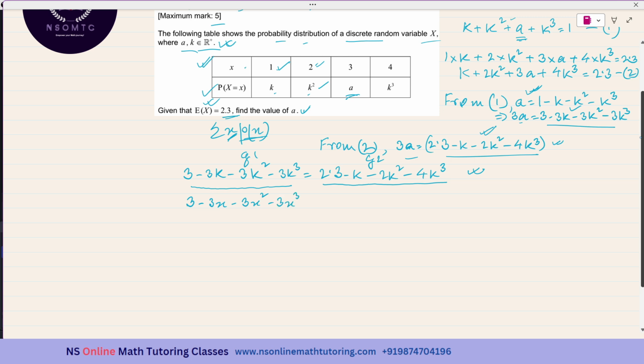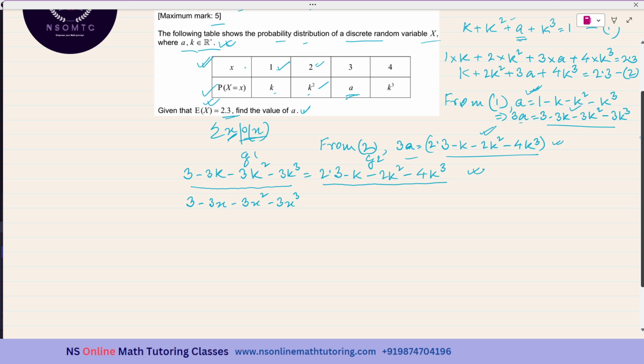And of course, you will be inputting the expressions in this form. Let me write one of them at least. 3 minus 3x. And of course, I feel that you know this part, but even then I'm writing it. For the left hand side, you can write the right hand side accordingly. So you will not be writing the k. In place of k, you will be writing the x. Okay. And you will be getting the intersection point and you will be knowing the x coordinate of that intersection point. Okay. That will be the k value. You will be reading that x coordinate, and that will be a positive real number. You will not be taking any negative value.